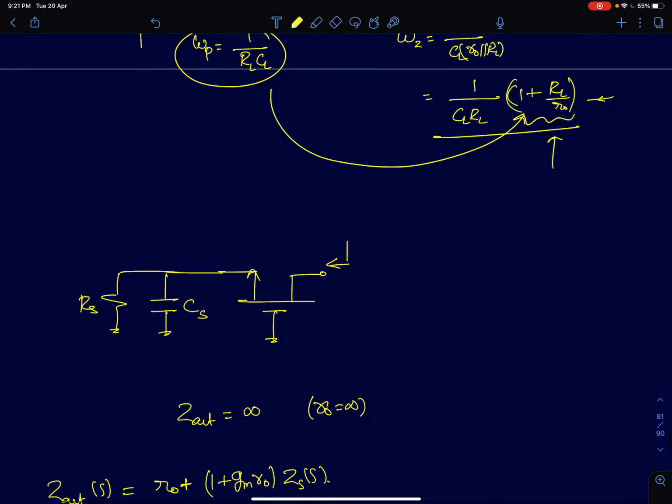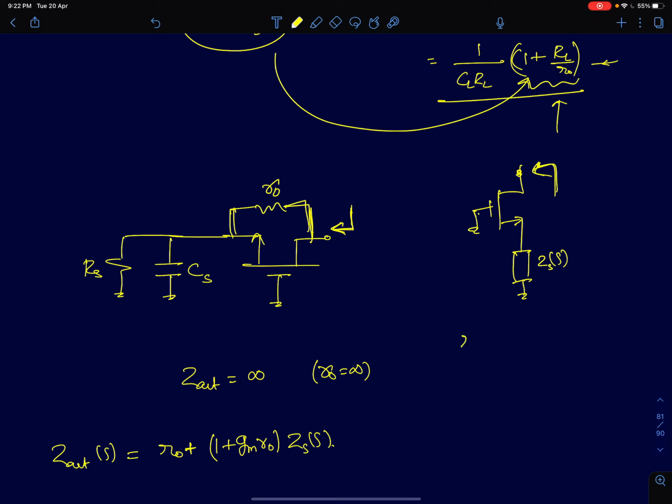The next step is to find the output impedance of a common gate amplifier. Again, when we are finding both the input and output impedances, I am considering R naught, that is, including output resistances. So here, to find the output resistance, this is the result we have already derived. This is nothing but a source degenerated amplifier. I am looking at the drain terminal. So if Zs of S is the source impedance, then the output impedance looking at the drain terminal is